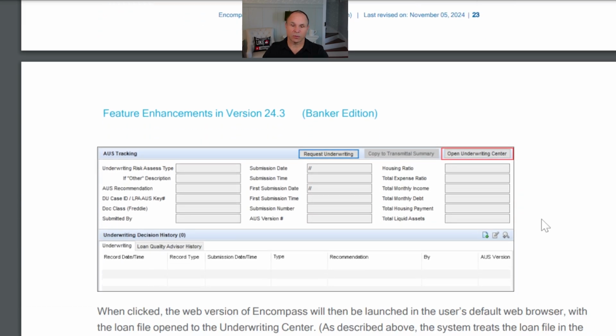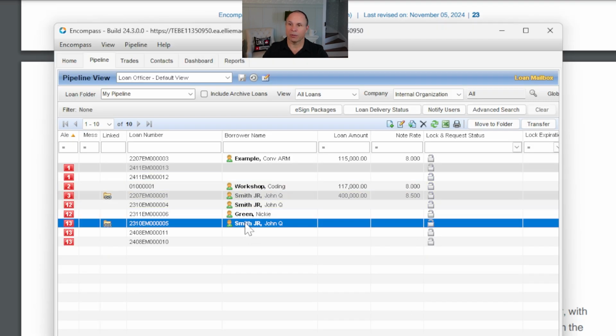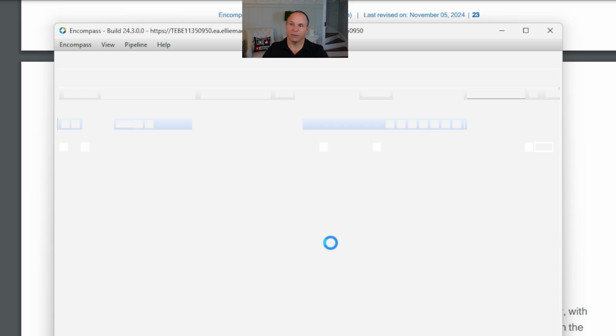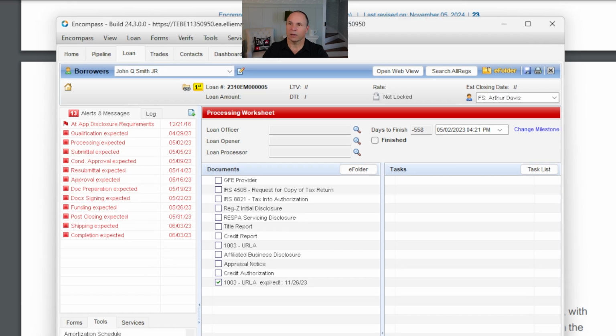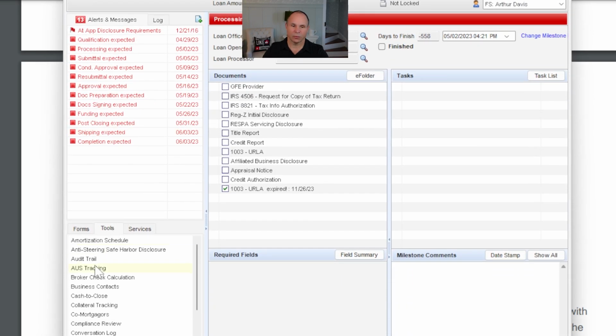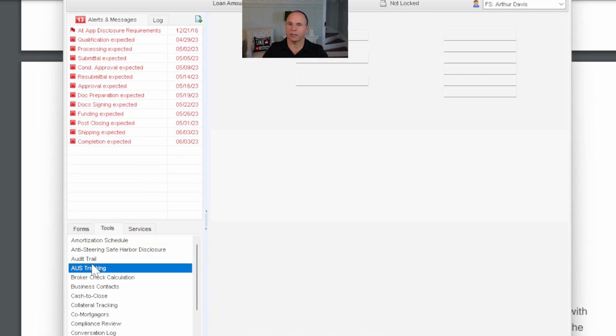The next one that's super helpful if you're using Underwriting Center is opening up the Underwriting Center from the AUS tracking. So again, if we go back over into Encompass and we go over into this John Q. Smith file, I go over into the AUS tracking tool, which you'll find, of course, in your Tools tab, and you'll look at AUS tracking here.